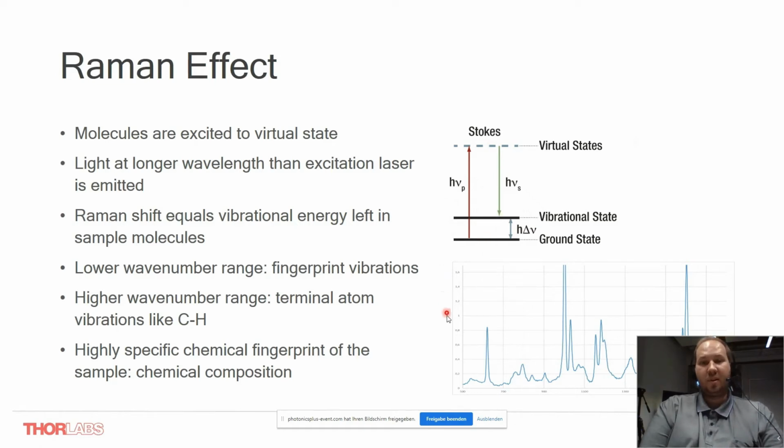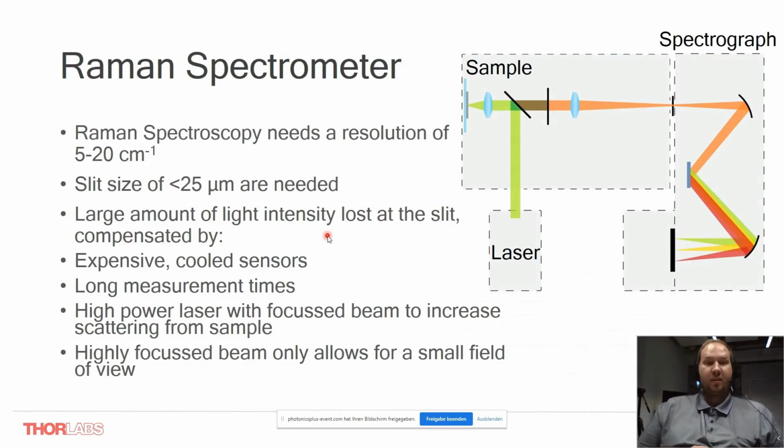So, for example, in the lower wave number region, you will often see spectra like this. This is very distinct and also called a fingerprint region because of that. And in the higher wave number regions, you will usually find terminal atom vibrations like CH groups, OH groups, or something like that. To get decent Raman spectra, you usually need a high spectral resolution, somewhere between 5 and 20